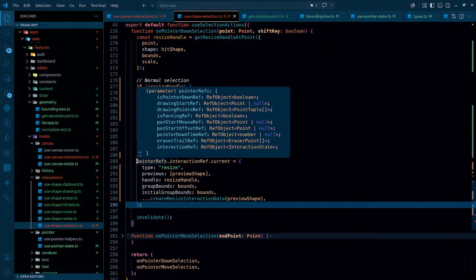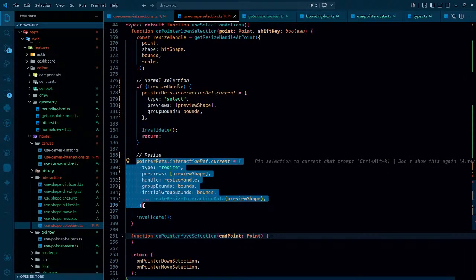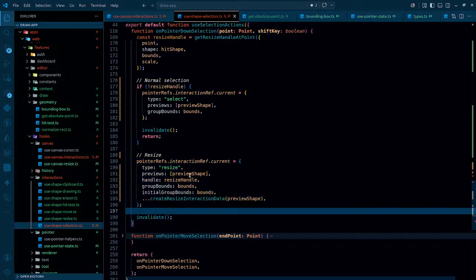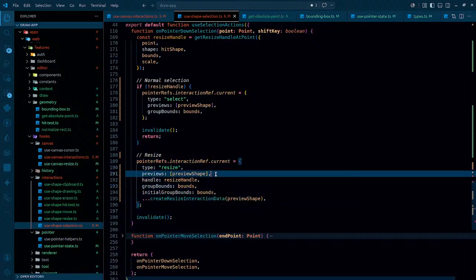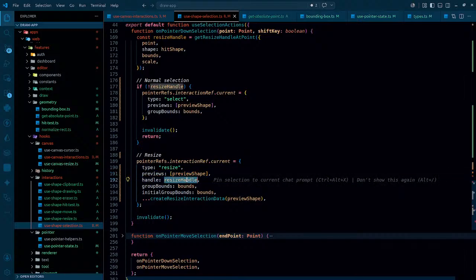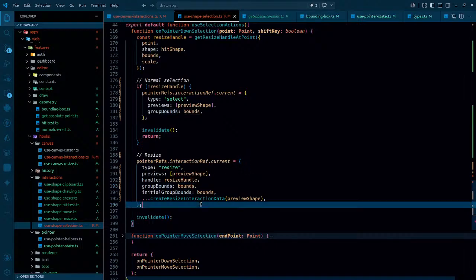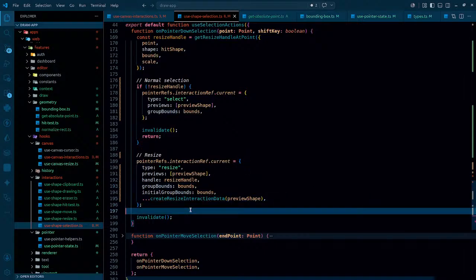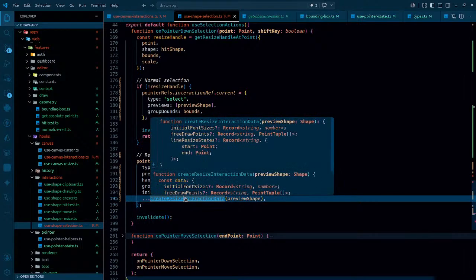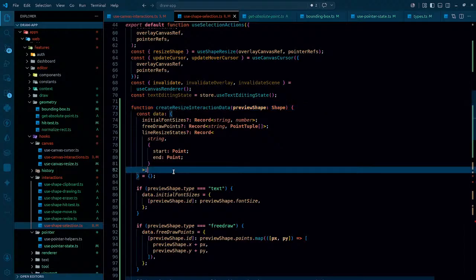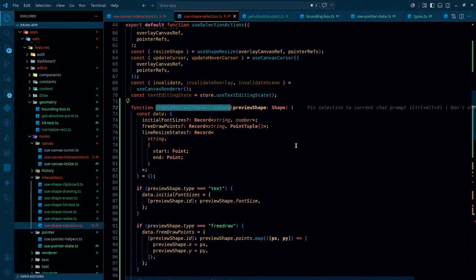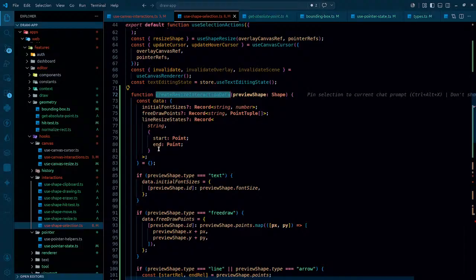This particular resize is going to be only applicable on what? It's mainly going to be applicable on a single shape. So we have the resize, we have preview shape, that's simply single shape, we have resize handle, we have the bounds, we have initial bounds, and create resize interaction data. That's something, let's see what it does. So create resize interaction data returns us the data at the end,